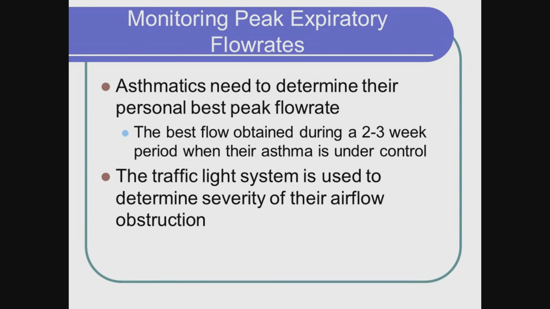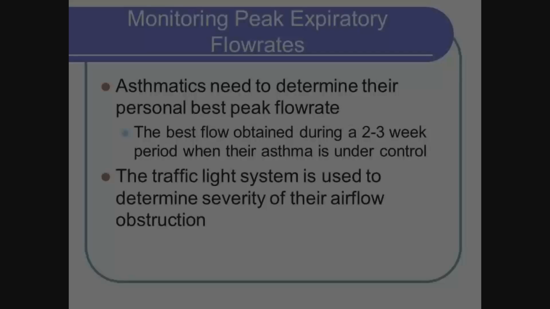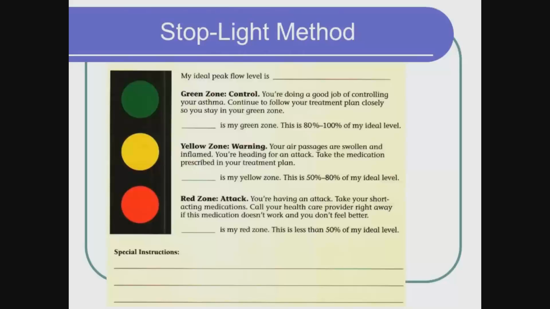That number then is used to derive what we call a traffic light to tell the severity of the airflow obstruction. This is kind of what the patient fills out and what you might be required to produce on a test. If I tell you what the peak flow personal best is,